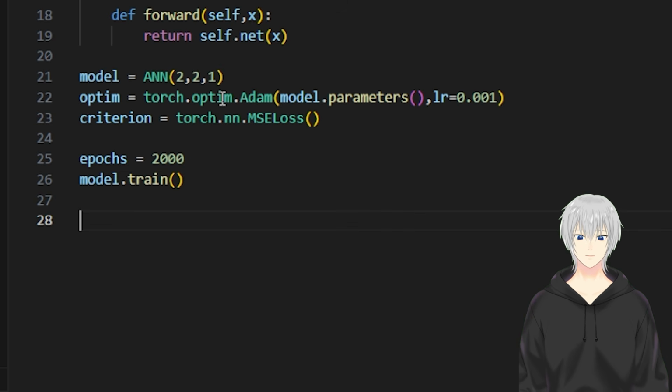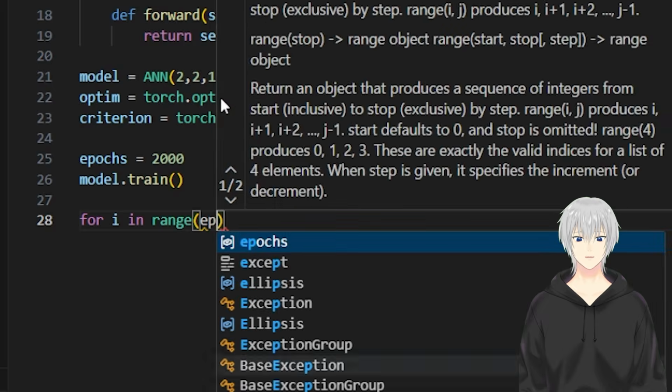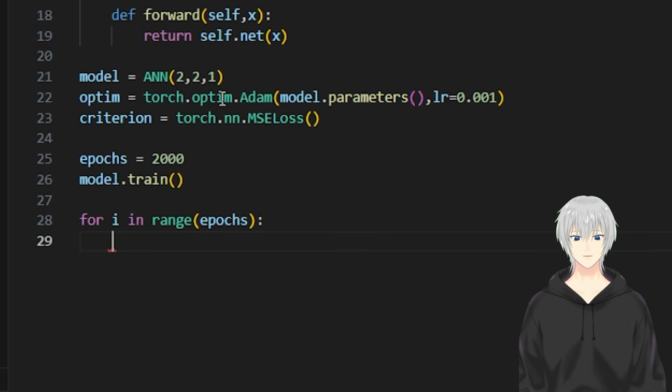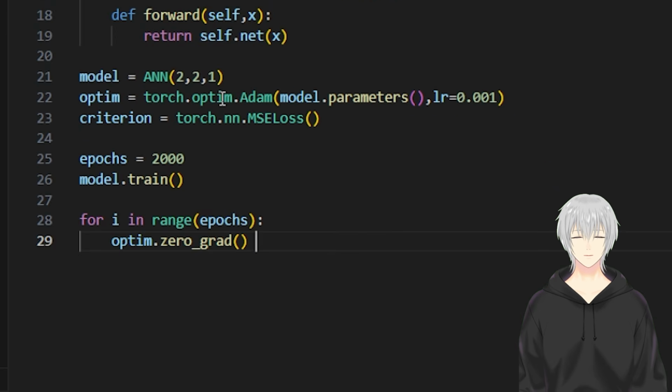So we're going to do for i in range epochs. After that we are going to do optim dot zero gradient. What this is going to do is essentially reset the gradients before each loop begins. I'm sorry for stuttering. And after that we need to do output is equal to